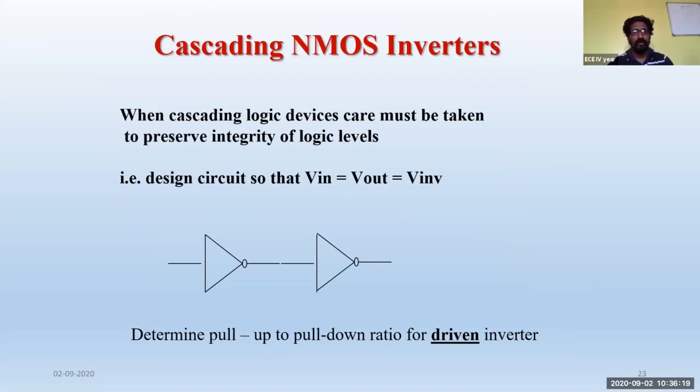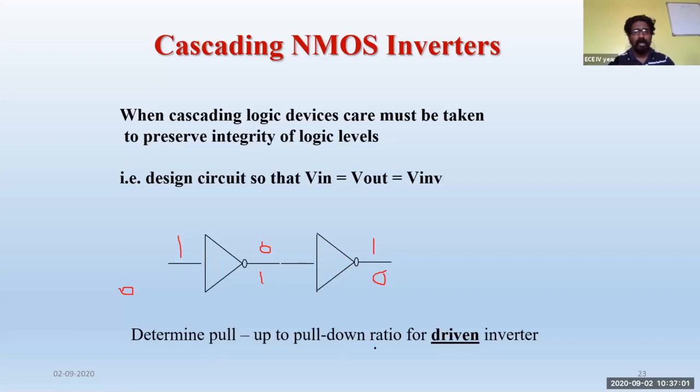So in this case, it is a cascading of two inverters. This is nothing else but a logical buffer. Whatever input you supply here, if I supply 1, then the output of the inverter will be 0, and ultimately this 0 becomes an input to the other inverter, and you get the same output, that is logic 1. And if you supply 0 as an input here, the output will be 1, and this output 1 becomes an input to the second inverter, which produces an inverted output, that will be logic 0.